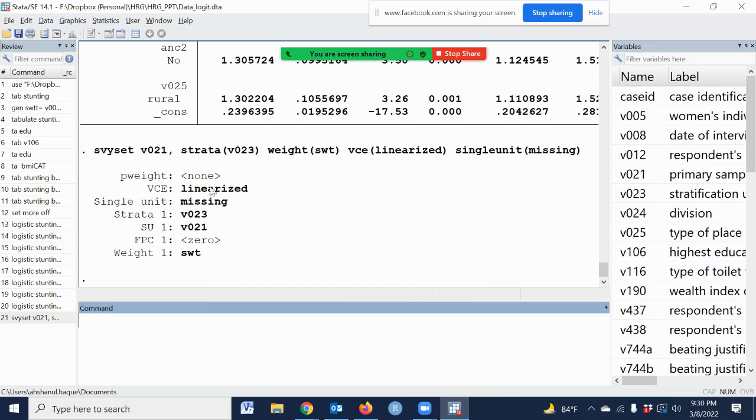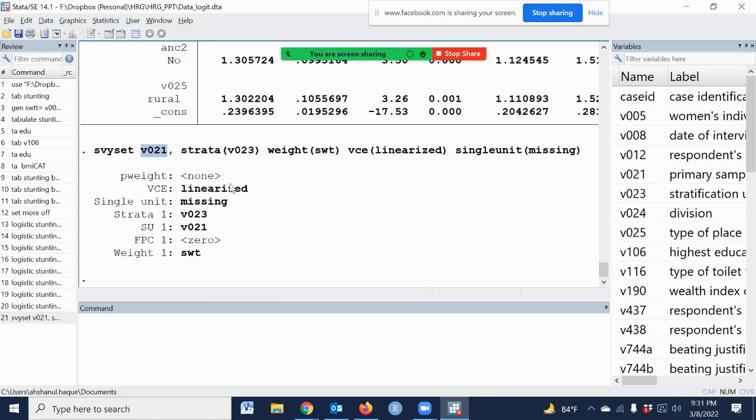Okay, now the design has been adjusted in the data set, where the cluster is the primary sampling unit, strata is 0, 2, 3 and this is the sampling weight.